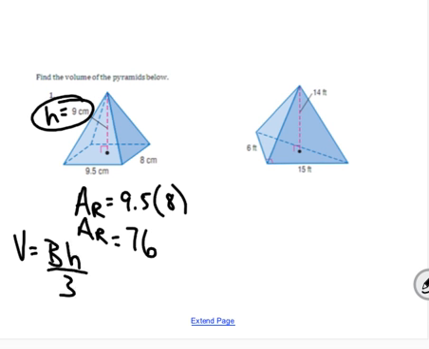So volume equals 76 times 9 divided by 3. If you do that in a calculator, you're going to get 228